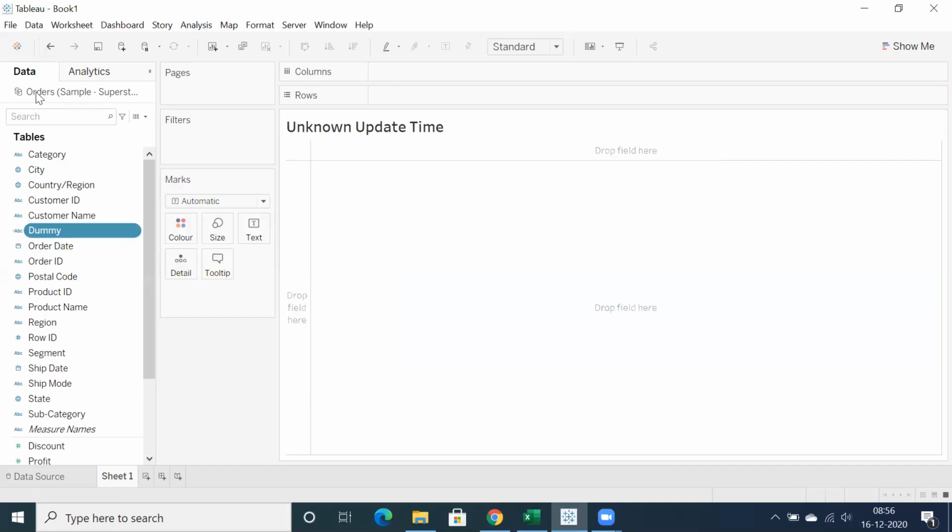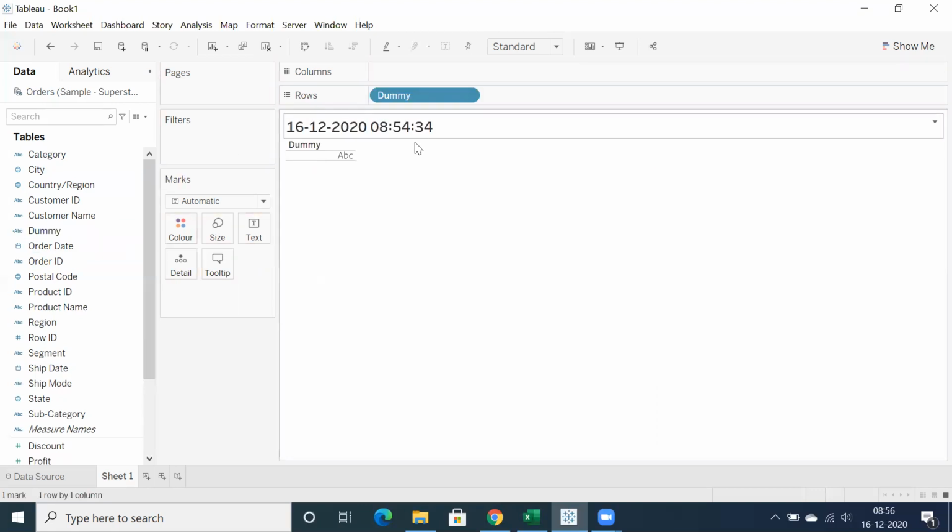And because we need to capture the sheet, we have this particular sheet, but we never know what the data source is. Let's say we have multiple data sources, but I never know which field is coming from which data source, right? That is the reason we need to place at least one column from that specific data source, so that we can capture the last updated date and time.